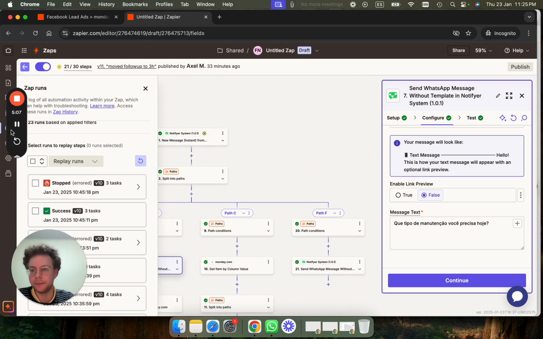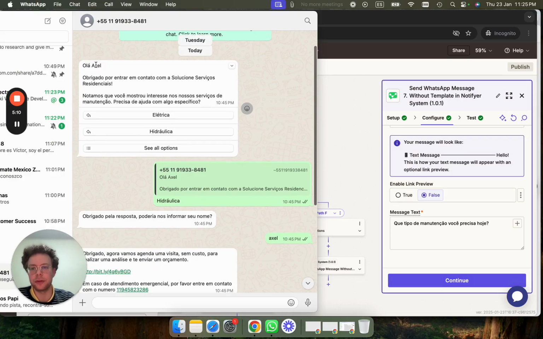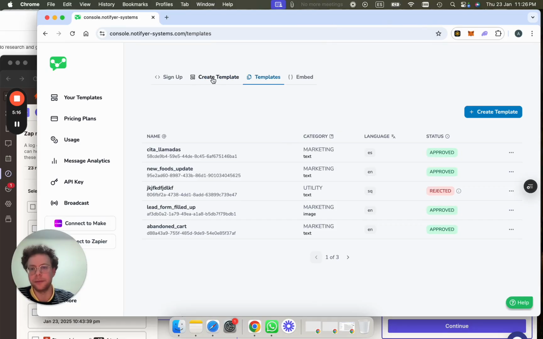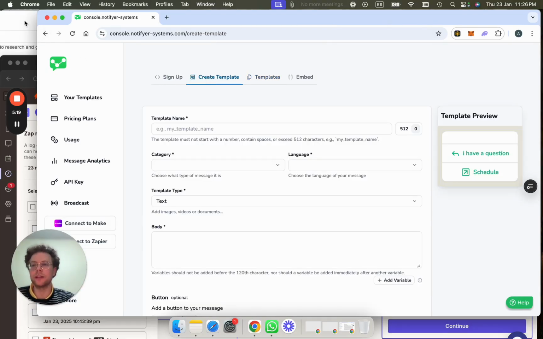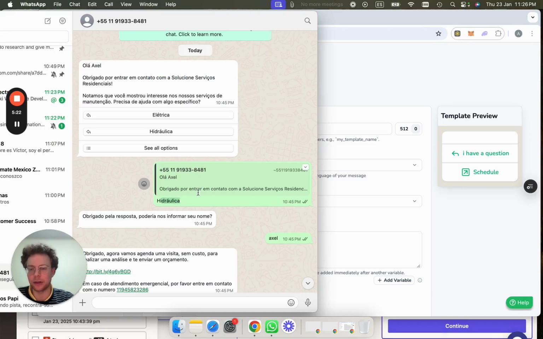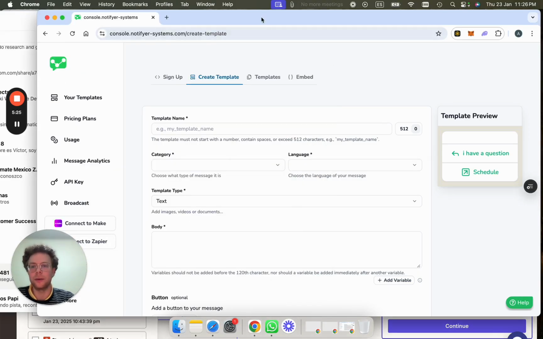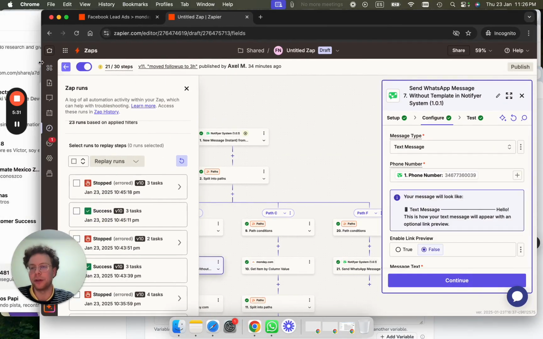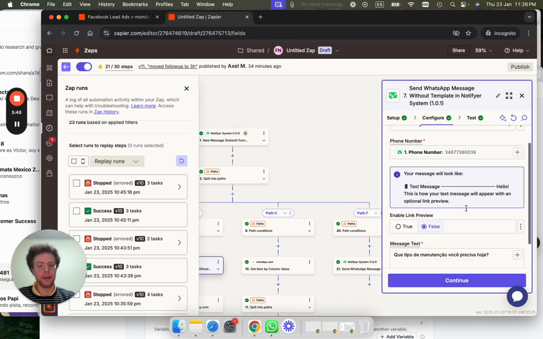So after this, you can basically send any text message, because if a user wrote to you, which is basically here. So this is a template message. It's a template that you have to create on the notifier systems here. But this is how you start a conversation. Once the user has replied with anything, they click on a button or anything, then you can start with non-template messages. You can then send a non-template message, which allows you to be very free in what you say, which is a great case for AI, where you could first send a template message saying, hey, can you tell me which of these 3 options you're interested in? Then the AI can process things with a bot. Again, I'll put the video below on how to make an AI bot,